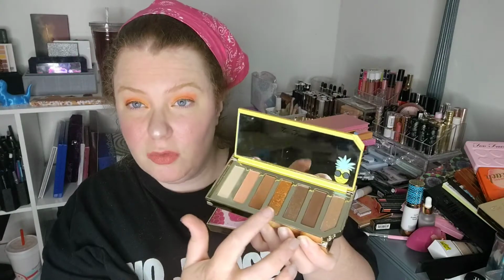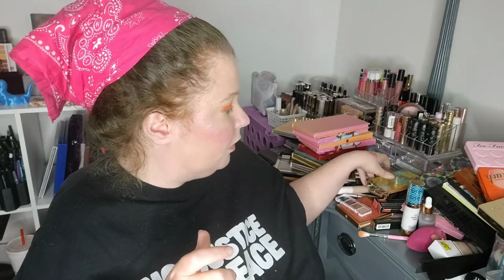Now, a lot of people didn't like these two. I have made so many beautiful looks with these. I got them at TJ Maxx when I did my very first TJ Maxx haul, and I need to go back and do another one. They smell amazing. This is one of my favorite purple palettes. It has so many good textures. It's just one of the most stunning palettes I've ever owned. This one I make beautiful gold looks with, especially this color right here. This color makes a good duochrome that I love. A lot of people don't like them. I love them. They are amazing. I'm so happy I actually bought them. I wasn't planning on getting them. Then I talked myself into it. Alright, this is...